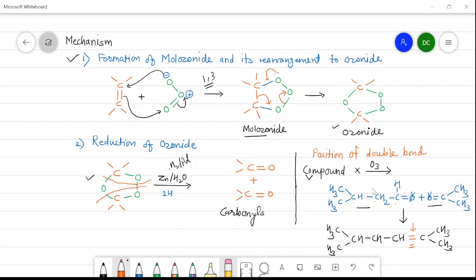So this is all about the electrophilic addition of hydrogen as well as hydroboration and ozonolysis process. So with this, we will wind up this lecture, and here the addition across the carbon double bond carbon is completed. In the next video, we will see the addition of electrophile, that is, the electrophilic addition reaction of alkyne, that is carbon triple bond carbon.